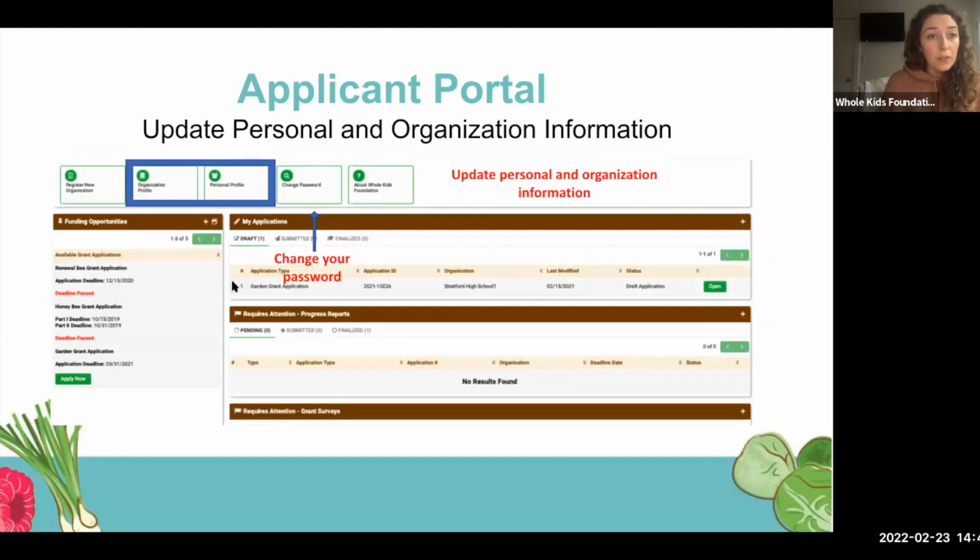And then when you get ready to open your application, you'll see on the left-hand side in the panel under Grant Application, the Apply Now button. And once you've opened your application, it will live here in this My Application section. And depending on what stage of the process you're in, it will either be in draft or submitted or finalized. And then you'll also be able to change your password from within and then update any of your personal information or the